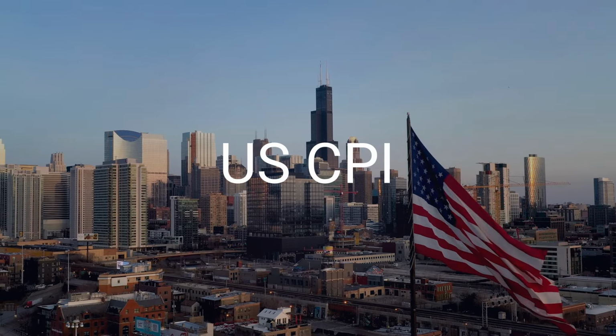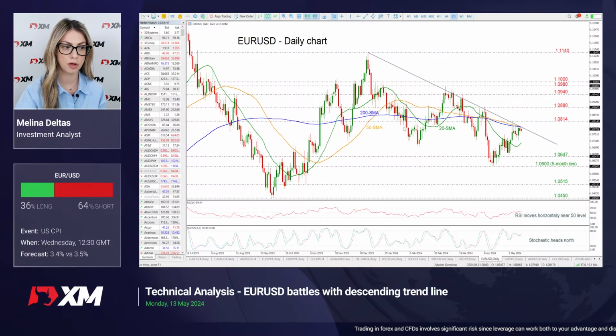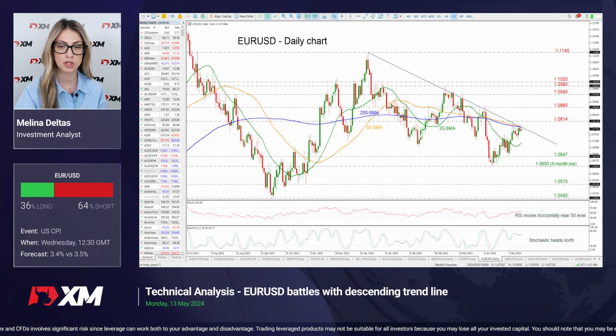So starting from the US, traders will prioritize the CPI data for April scheduled for release on Wednesday. According to the S&P Global PMIs, the growth rate of production prices in April was strong but slower compared to March. So looking at euro and dollar, we can see that the market is battling with the 50 and the